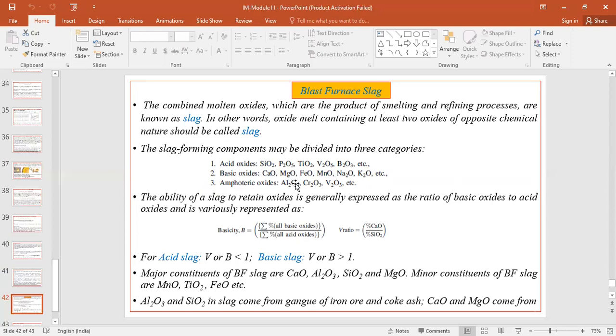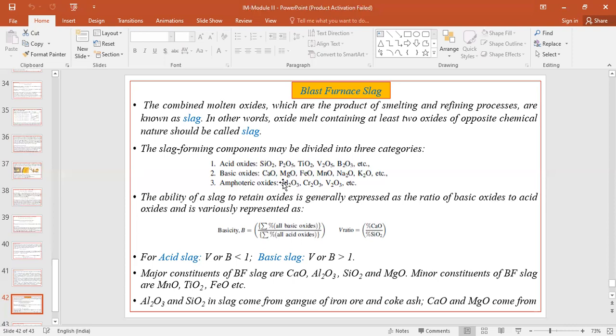So basicity is nothing but the ratio of the summation of all the basic oxides to that of the acidic oxides. So we basically add basic oxide based upon the amount of acidic oxide joining into the blast furnace from both the raw material as well as the coke ash. To improve the fluidity of the slag, depending upon the quantity of these acidic oxides which are joining into the slag phase, we add a similar quantity of basic oxides to maintain a good basicity, so that the viscosity of the slag will be